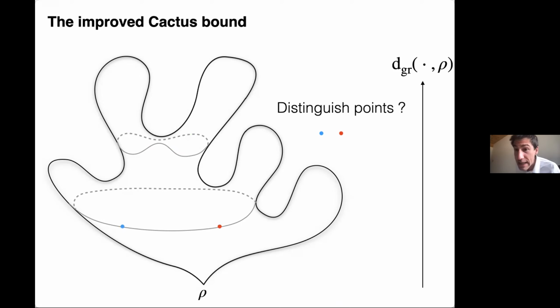But the annoying case in the Brownian sphere, and which is the core of the Inventiones paper of Le Gall 2007, is to distinguish 2 points that the cactus does not distinguish. So 2 points, blue and red here, which are at the same height and which are not separated by a path. Then in the Brownian sphere, there is this very nice argument of Le Gall based on volume considerations. But in our case, we claim that in such a situation, there will be a face separating those 2 points.